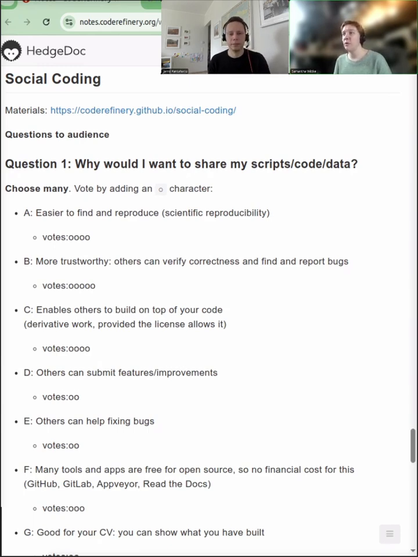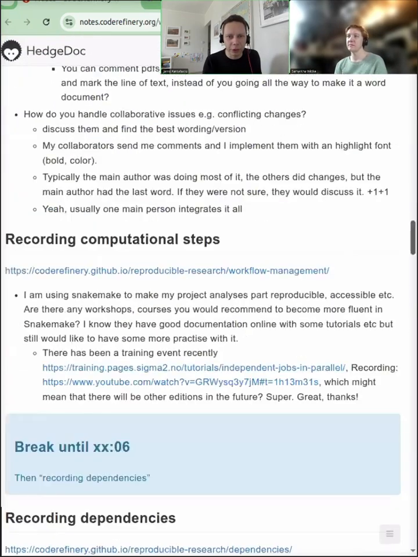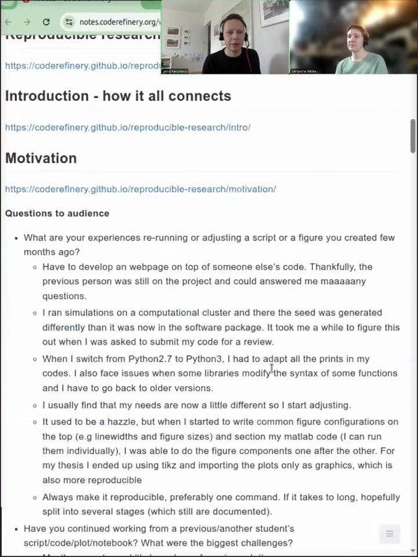So maybe, Jarno, we can show briefly for everyone who joined us now how the notes work. So you got the link to the notes with any of the last emails that you got from us if you're registered for this event. And if you go there, it looks something like what Jarno is showing right now. And then you can see there's already a question being answered here. So how would I go about answering this question as well, Jarno? Yeah. So if you have this document open, actually you will probably be at the top if you go to the link. So you can scroll down